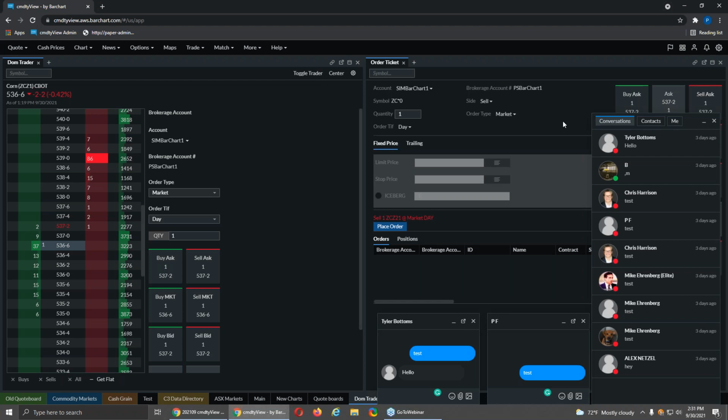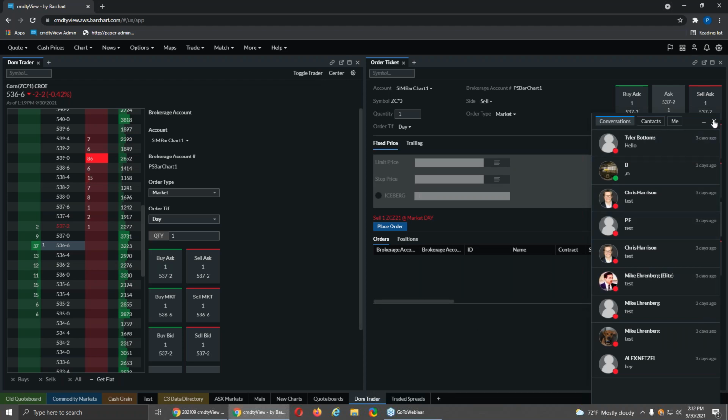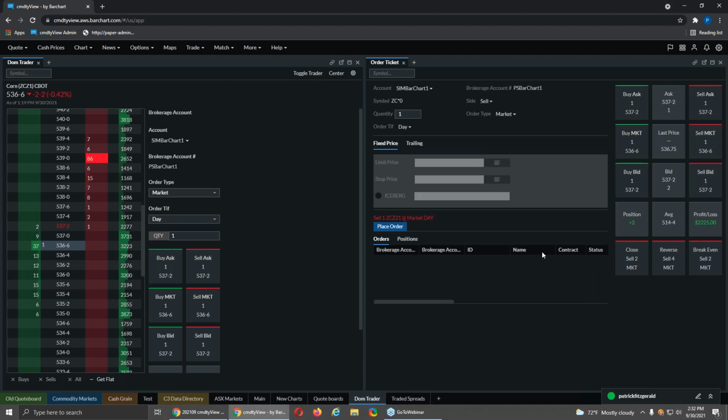We'd like to be able to create user-defined groups, so that, let's say there's 20 CommodityView users at a company, right away it would automatically create a group for just that company, but then they can create smaller groups within themselves. So maybe an elevator that has 5-10 locations, they can create a group for each of the locations, or they could create a group for whatever they'd want. And we think people would get a lot of use out of that. So a lot more exciting stuff to come